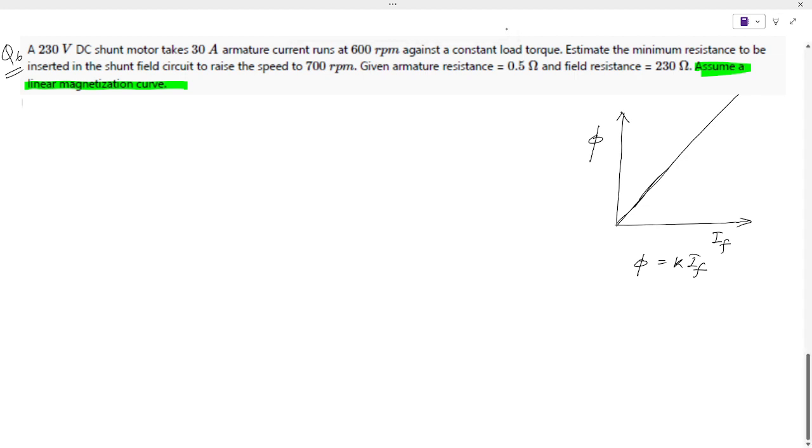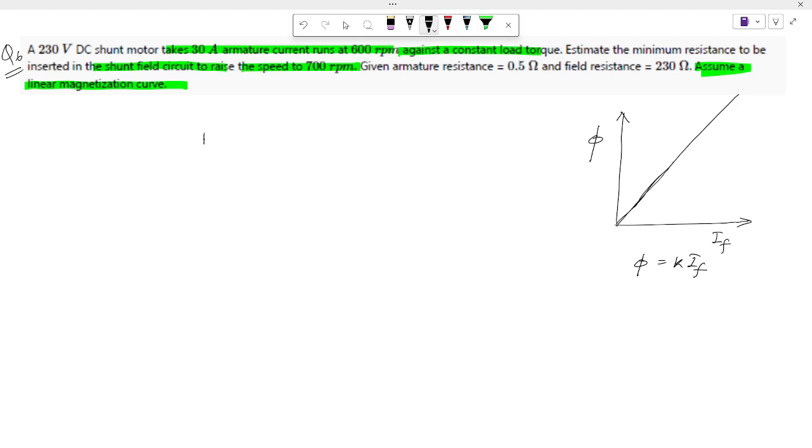So what they have asked in the question: the motor takes 30 ampere armature current and runs at 600 rpm at a constant load torque. We have to find the minimum resistance to be inserted in the shunt field to raise the speed to 700 rpm, and load torque is still fixed. So what will you do? First best way is to make the